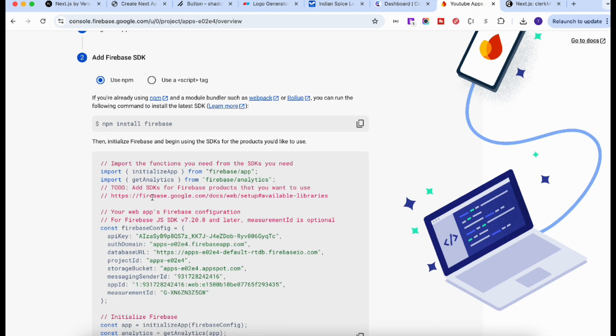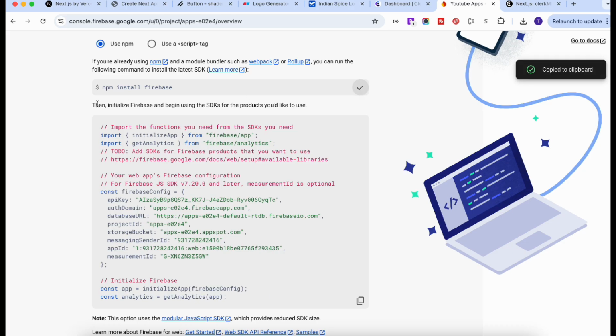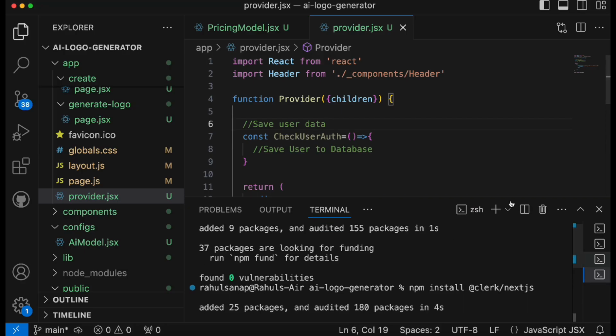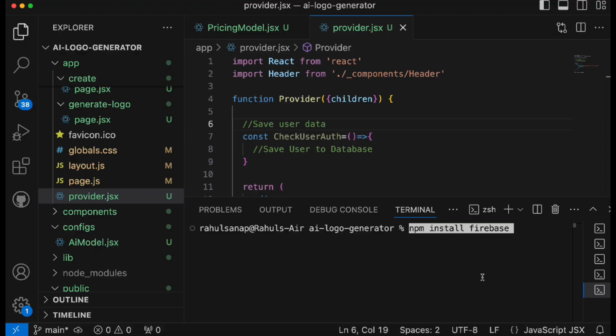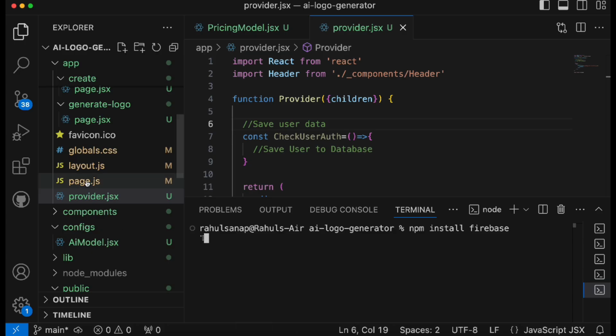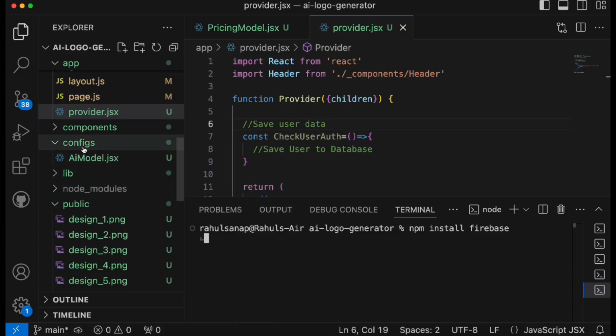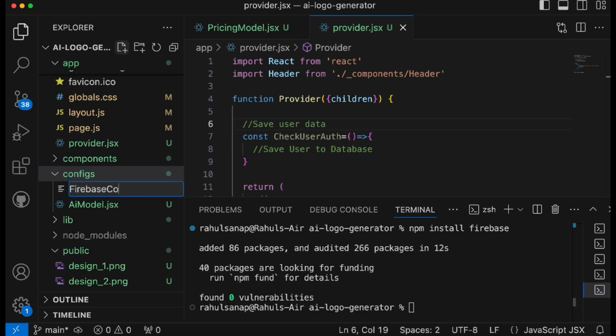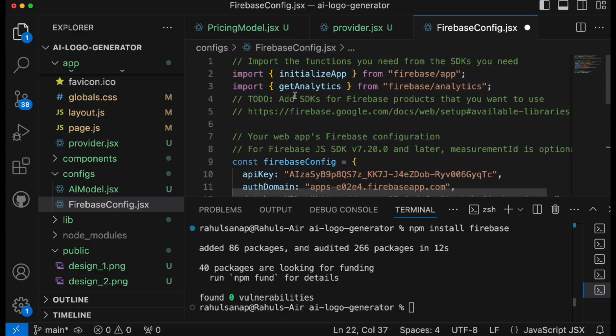and then you need to install this Firebase SDK. So simply copy this command in order to install Firebase into your application. Inside the new terminal, we'll execute this command, and then you need to copy all the configuration, and inside our config folder we'll create a new file called firebaseConfig.jsx and paste all these lines of code,